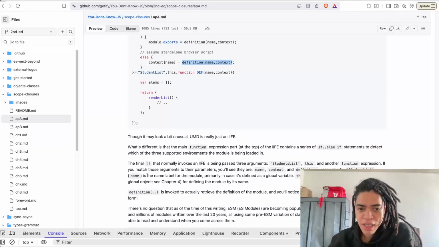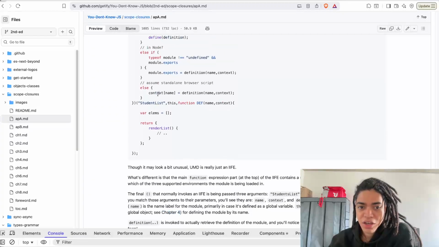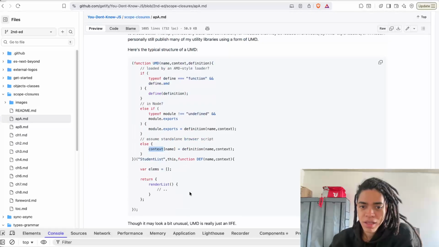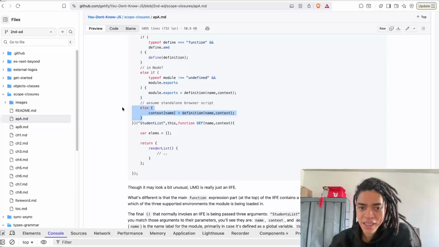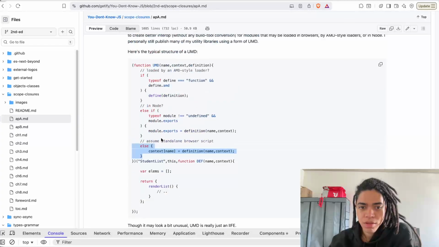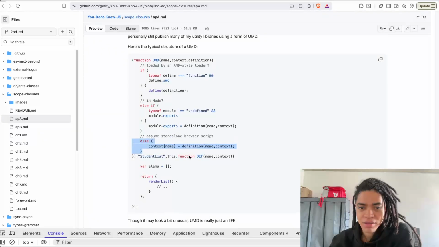Student list's name is the name label for the module, primarily in case it is defined as a global variable. This context is generally the window, aka the global object, as seen in chapter 4. Exactly. So this context here is the window, the global object that you are referencing. In this case,